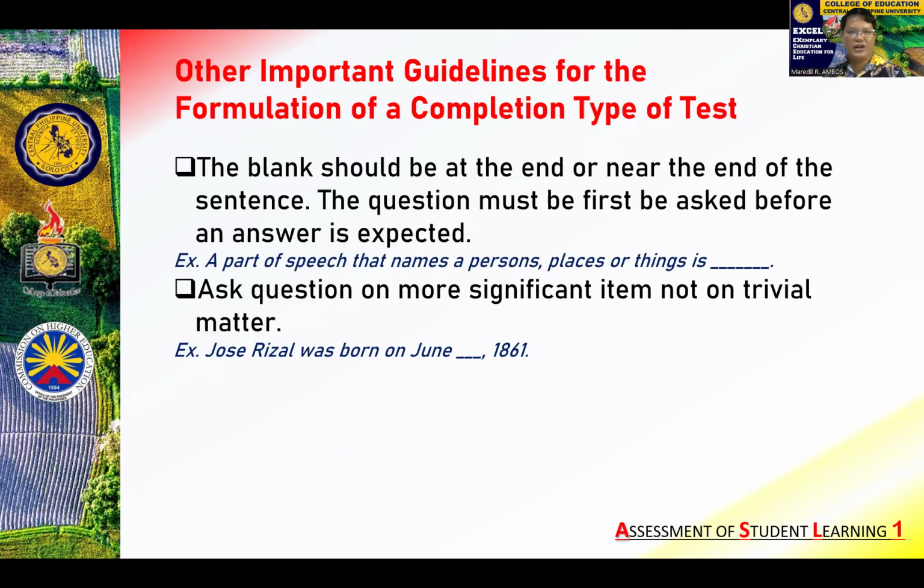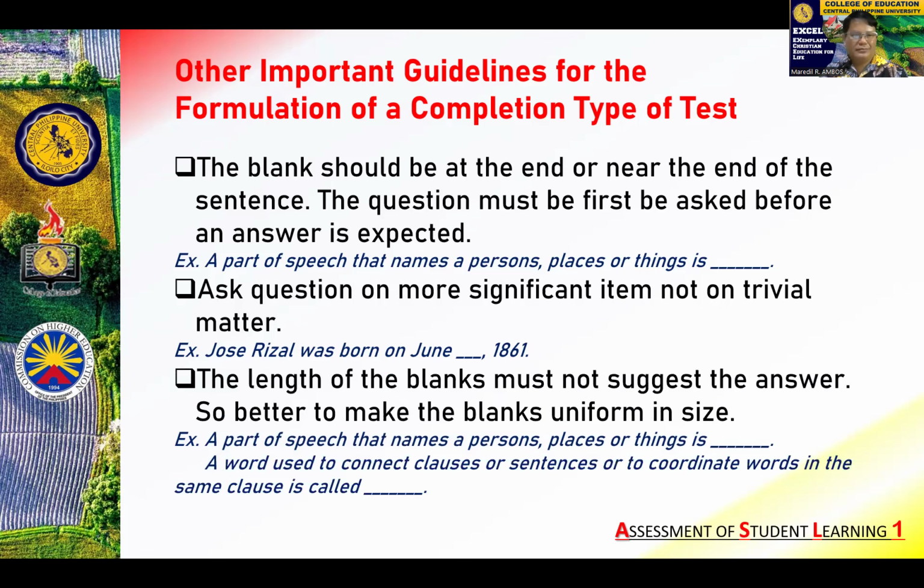So the question must be asked first, before, of course, an answer is expected. Example, a part of speech that names a person, place, or thing is blank. The next is: ask a question on one more significant item, not a trivial matter. Example, Jose Rizal was born on June blank 1861. So that date there, no? Supposing that is the question, it's really hard because some might not recall the